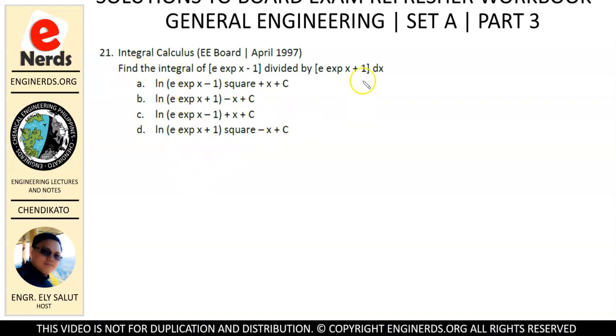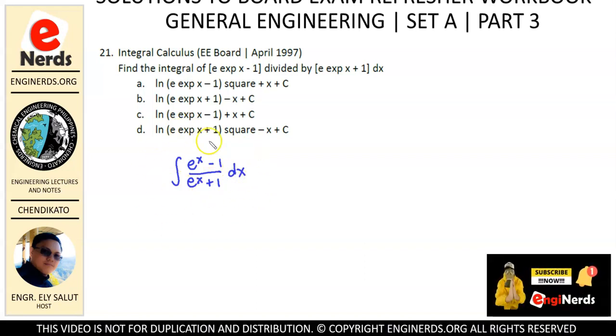So, we need to find the integral of e exponent x minus 1, divided by e exponent x plus 1, and we have dx in here. Kailangan lang makuha natin yung integral nito and then hahanapin natin dito sa ating mga choices kung ano yung kapareho niya. Since we have two terms dito sa ating numerator, that means we can separate this,